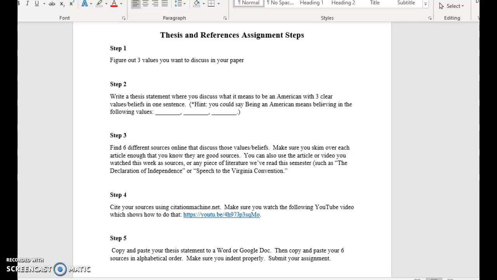Two good ones that stuck out to me were the Declaration of Independence, because of course that's what our country was founded on, those values and beliefs listed in that, or Speech to the Virginia Convention, where Patrick Henry says, "Give me liberty or give me death," as the final line. That could be a quote that you use if you're talking about freedom or liberty or whatever. So again, you can figure out which sources work for you, but 6 is what I am looking for.